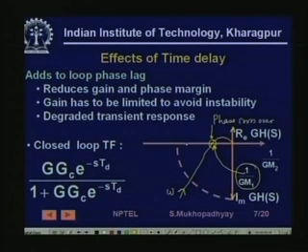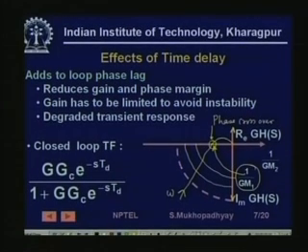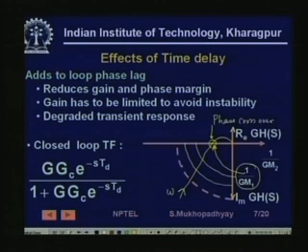So the loci keep constant magnitude, and phase lag will be proportional to frequency. Suppose at this frequency this much phase lag is added. So at this frequency, which is higher,